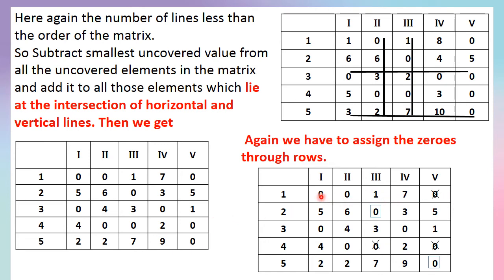Here is the matrix. The first row contains more than one 0, so we cannot make any assignment in the beginning. The second row has exactly a single zero, so we make the assignment and cross out the zeros in the respective column. In the third and fourth rows we cannot make any assignment. The fifth row has exactly a single zero, so we make the assignment here and cross out the zeros in the respective column. Now we go to the columns and observe if there is any single zero in any of the columns.